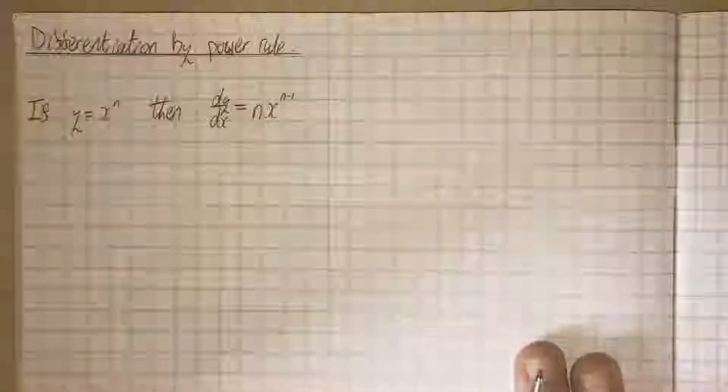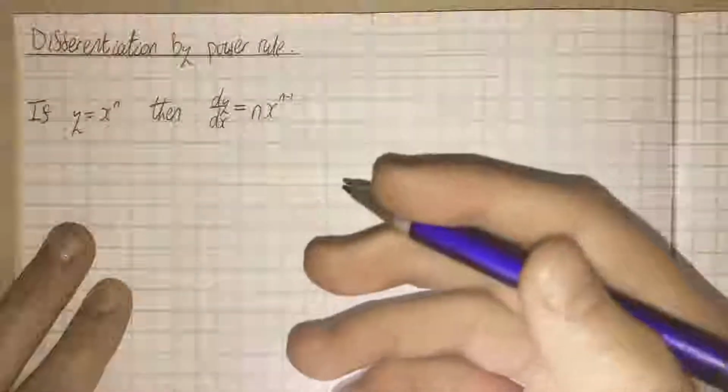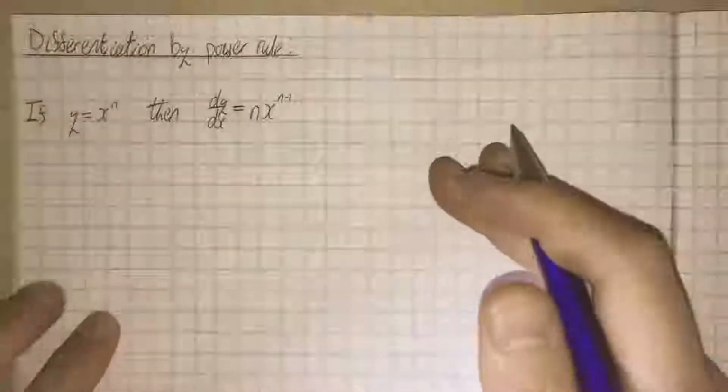So if you remember differentiation by first principles, I've made a video on that. You may have done it before, so hopefully you have. If not, feel free to check out my video to understand it if that's an area you need to work on. Anyway, if we have f(x) equals x to the n,